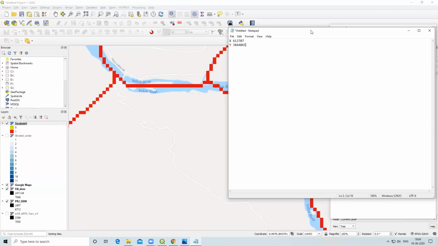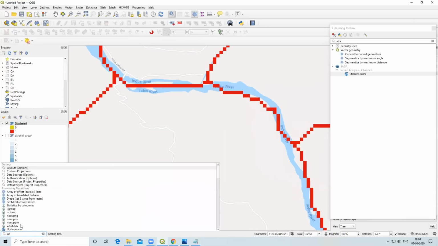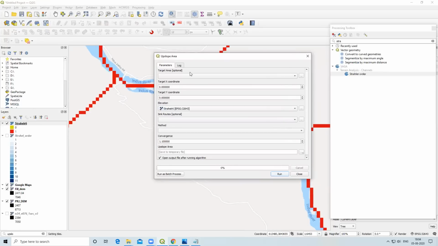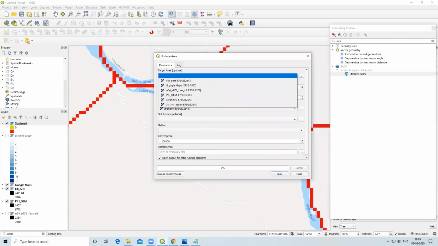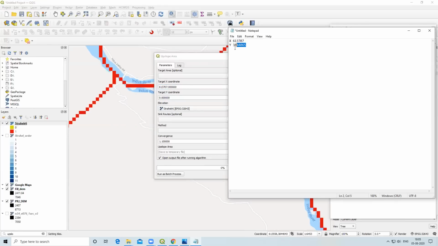From this outlet point, I am going to create an upslope area. I'll type here upslope area. We are going to use the upslope area tool. You can also search for it in the processing tool. In the upslope tool, in x I will type 613,707, the point we just took, and in y I will type the y value.